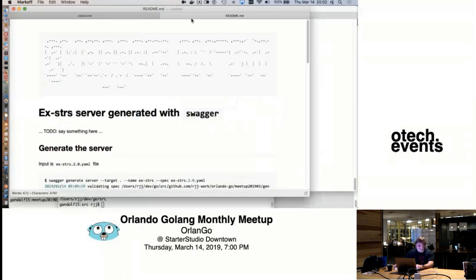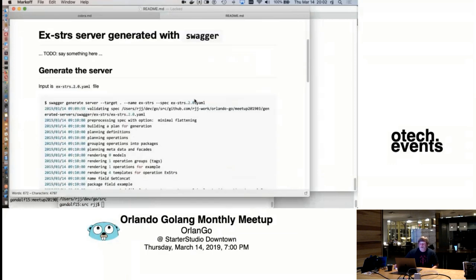This is the bad thing about that text editor I was talking about, is if the width isn't wide enough, it looks like that. But anyway, so Swagger, do something, say something. Okay, so I'm going to talk a little bit. How many people use it? Anyone else? Okay, so